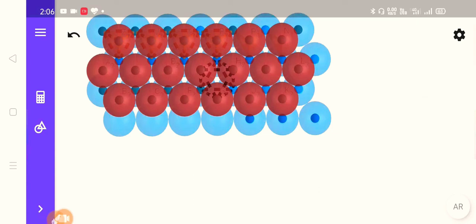So the number of spheres and the number of voids are related to each other. Remember this simple equation: the number of spheres and the number of octahedral voids are the same. The number of tetrahedral voids will be double, and the total number of voids will be 3 times the number of spheres.